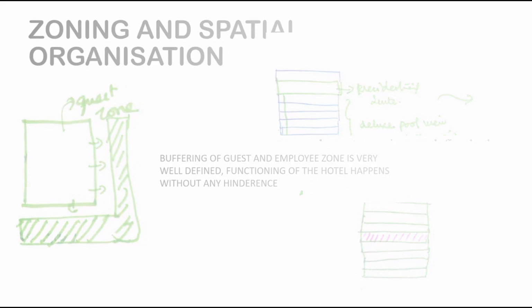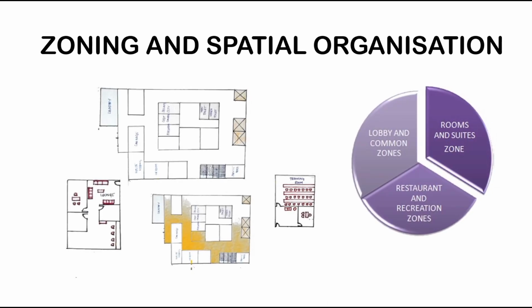And here I have shown you about the employee area. Like these are the two service lifts, and another one would be for the food lift and the connecting staircase and the laundry. They would have a separate entry. It could be to the basement, and also we have to take into consideration that the hotel may have two different entries, one for servicing the guests and another one for the hotel functioning. And this is about the training room, because the HR department is also very important, and so they also have to be taken into